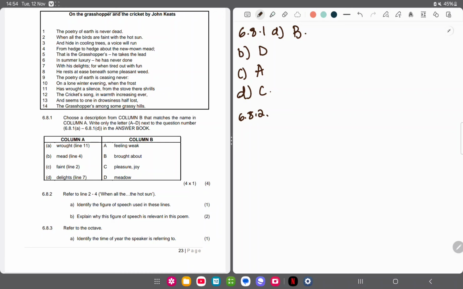Now, this is a metaphor. It is a metaphor. And B says, explain why this figure of speech is relevant in this poem. Well, we can say that the speaker refers to a hot summer day